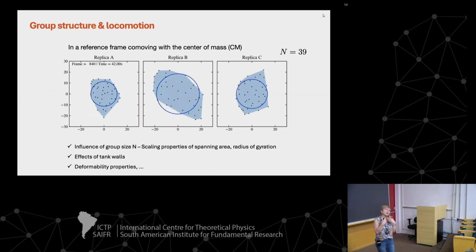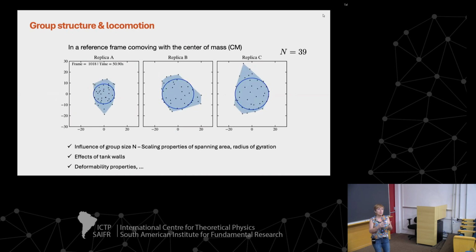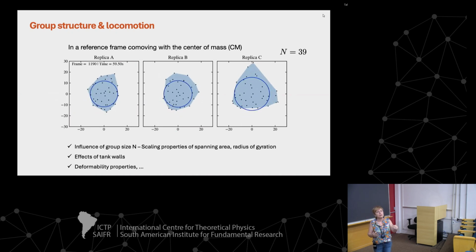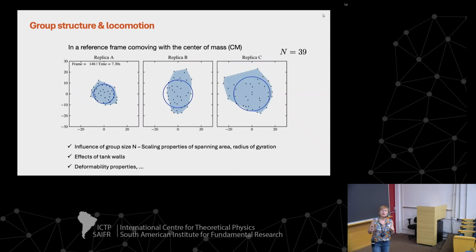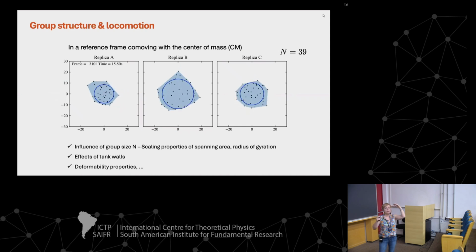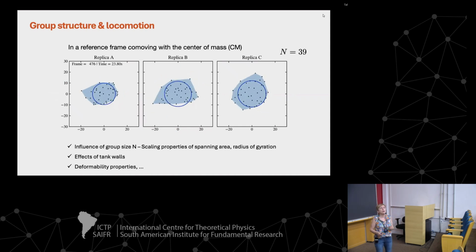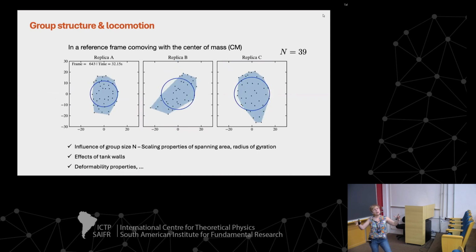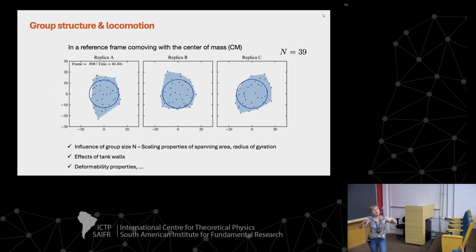But it is nice that statistical physicists, by using some simplifications and maybe going to these systems of reference, can try to make models that are a little bit more coarse-grained. So here, you see this, and maybe we can use a model in which we have this blue line, which is representing what we call the radius of gyration of the group. The radius of gyration is just an average measure of the size of the group and the fluctuations